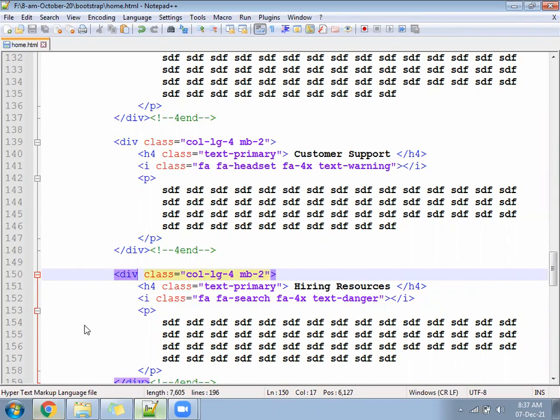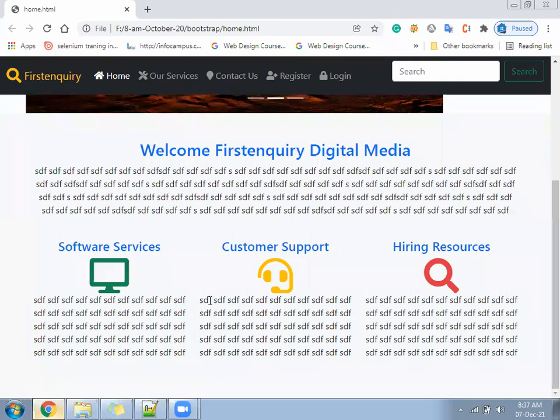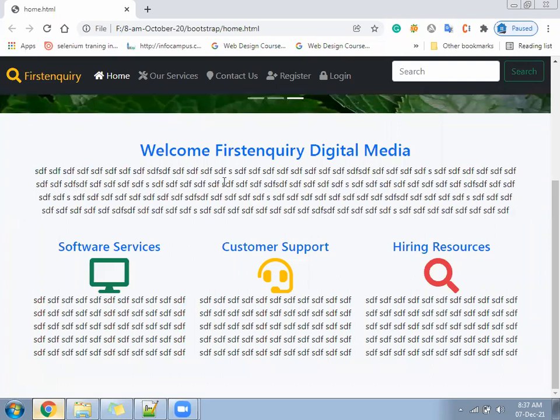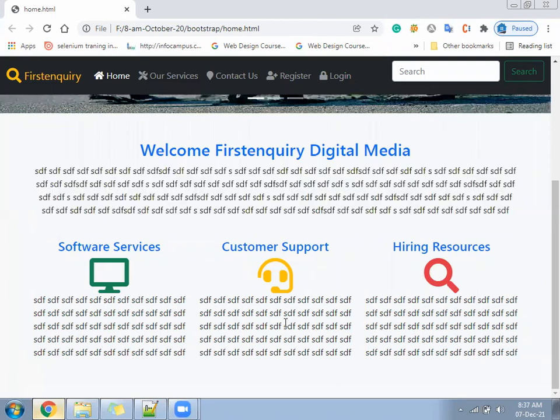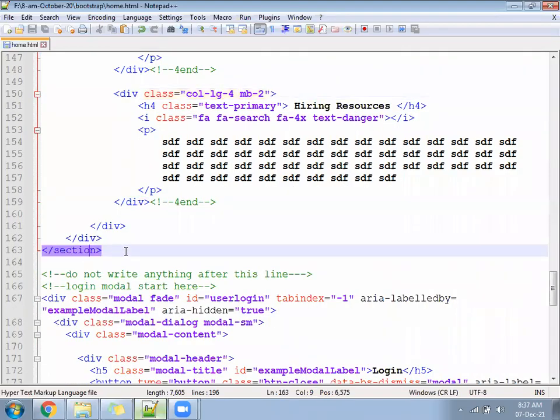Okay, hope that section is ready. Does it look similar or different? Reply once, yes or no. Then we can add the next section. Next section will be for the project, recent project. So this section is end. Create the next section.